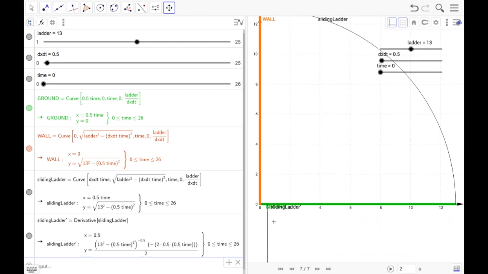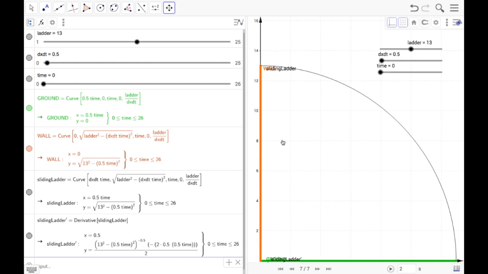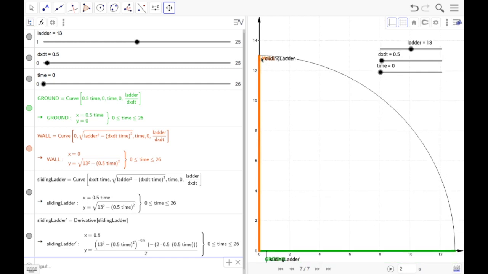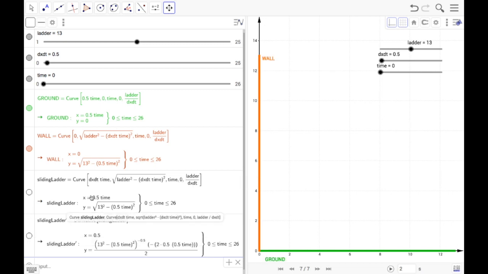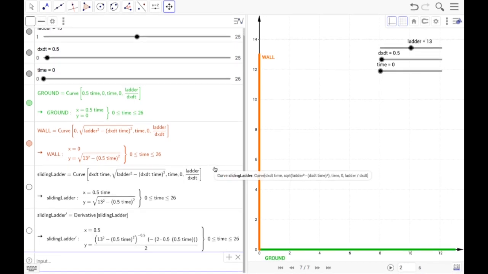Again, they're in the negative region because the top of the ladder is going in a downward motion. And if I were to zoom in closer on the graph, we see it has moved over at 0.5. We don't need to see that for what we're doing right here. We're going to create a label for that. So, matter of fact, let's turn off the quarter circle and let's turn off the velocities for right now.